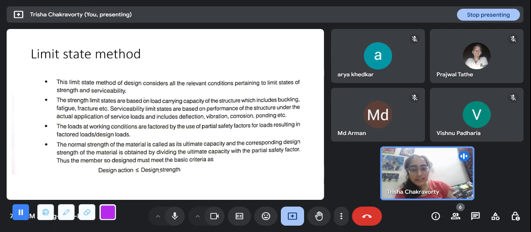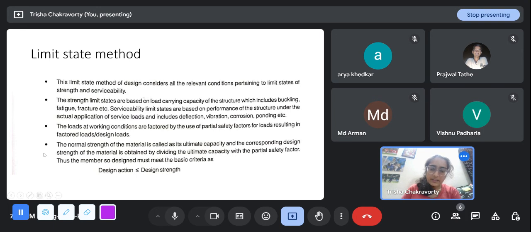The loads at working conditions are factored by the use of partial safety factor for loads, resulting in factored loads or design loads. Okay, in the working stress method, we don't apply a safety factor on the load. We only apply it on the capacity. Here we apply on both. On the load, we apply a safety factor greater than one,